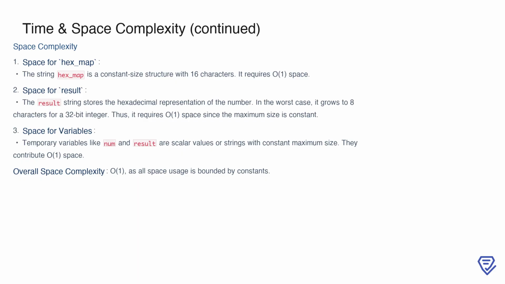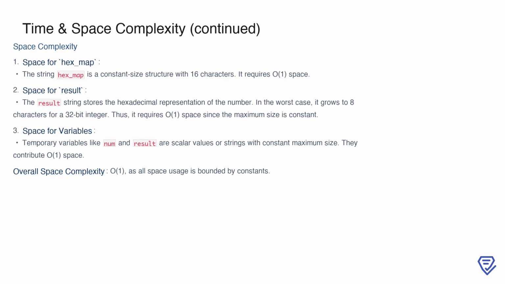First, the hex_map string, which holds the hexadecimal characters, is a fixed-size structure with 16 elements, so it requires O(1) space. Next, the result string is used to store the hexadecimal representation of the number. In the worst case, it can grow to 8 characters for a 32-bit integer, but since this size is fixed and constant, it also requires O(1) space. Additionally, temporary variables like number and result are scalar values or strings with a constant maximum size, so their contribution to space usage is O(1). When we add all these together, the overall space complexity of the solution is O(1), as all space usage is